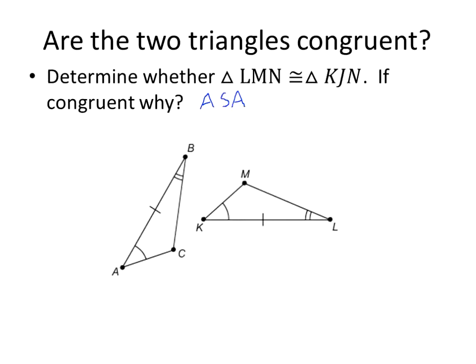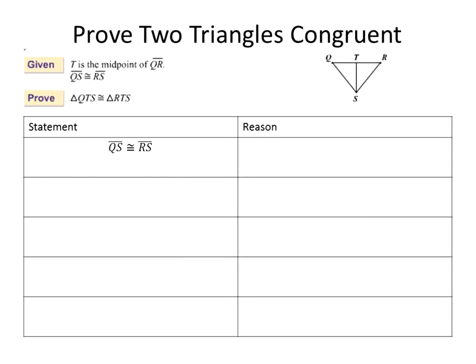And actually, having it, that makes some sense based on several things that we've talked about so far. But we'll hold on to those thoughts until we go a little further. All right, so if we're going to prove two triangles congruent, it says T is the midpoint of QR and